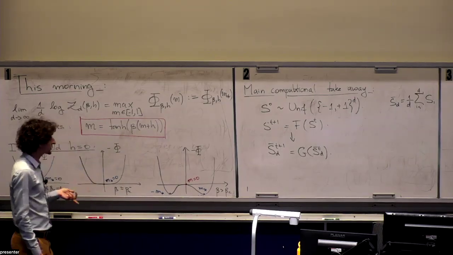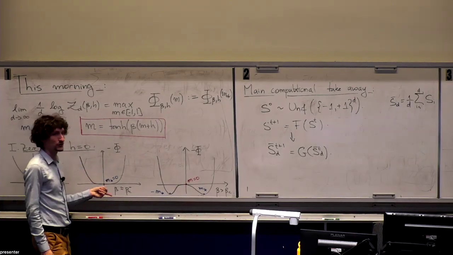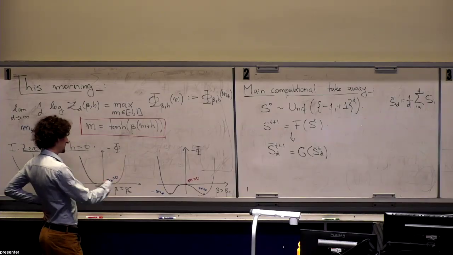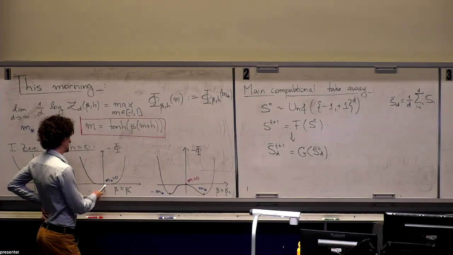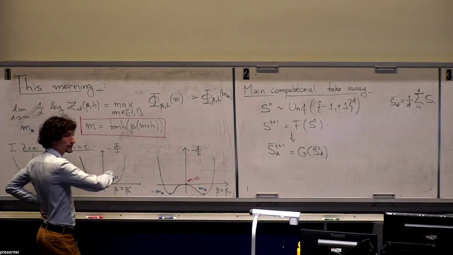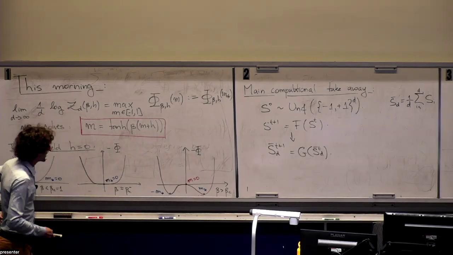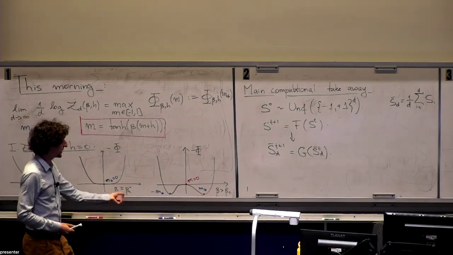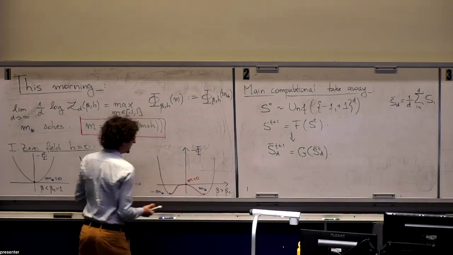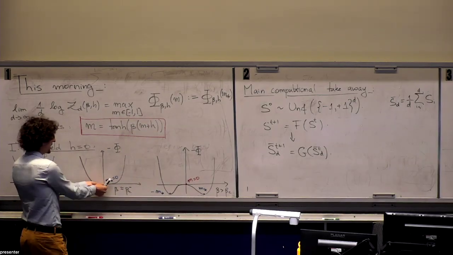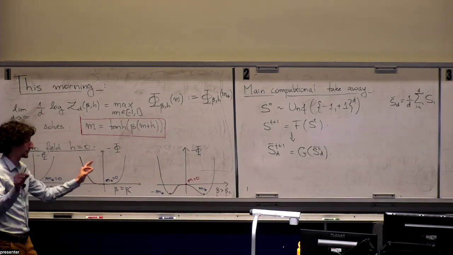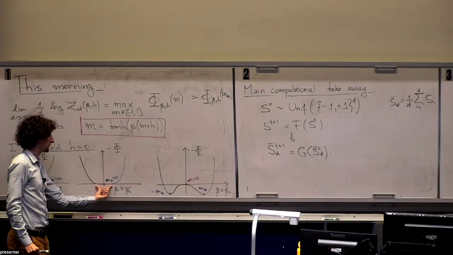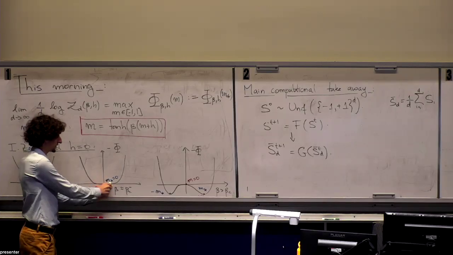Now, what's interesting to me is what happens around the transition. We saw that since this is a continuous transition, the minima around the transition is very flat, which means that if you are at beta plus, so if you are around the beta where you have already developed the local minima but you're very close to it, you have this very, very flat space around zero.